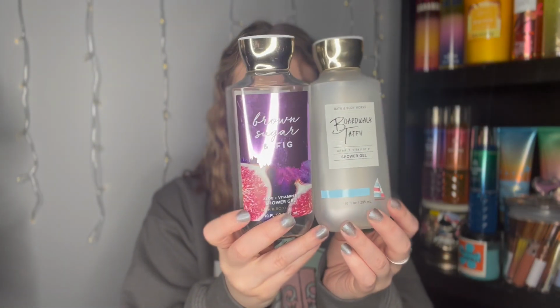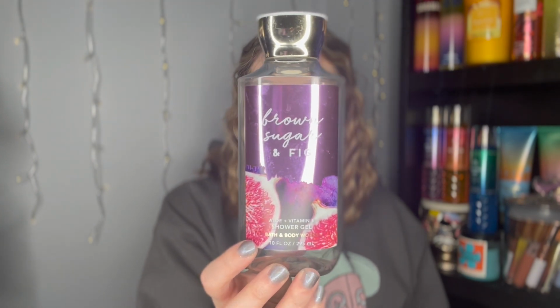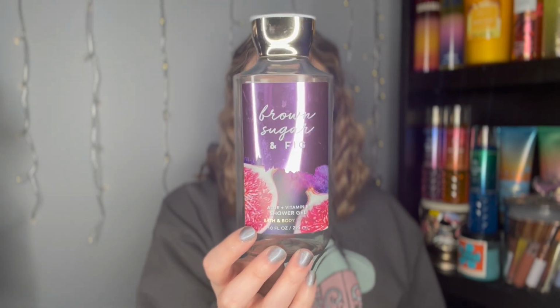Moving on to shower gels. I finished up 2 full-size shower gels, both of which I'm never going to repurchase again. We have brown sugar and fig. This one just was not for me. This was fresh fig, coconut milk, and caramelized brown sugar. I'm going to be honest, I was a little...